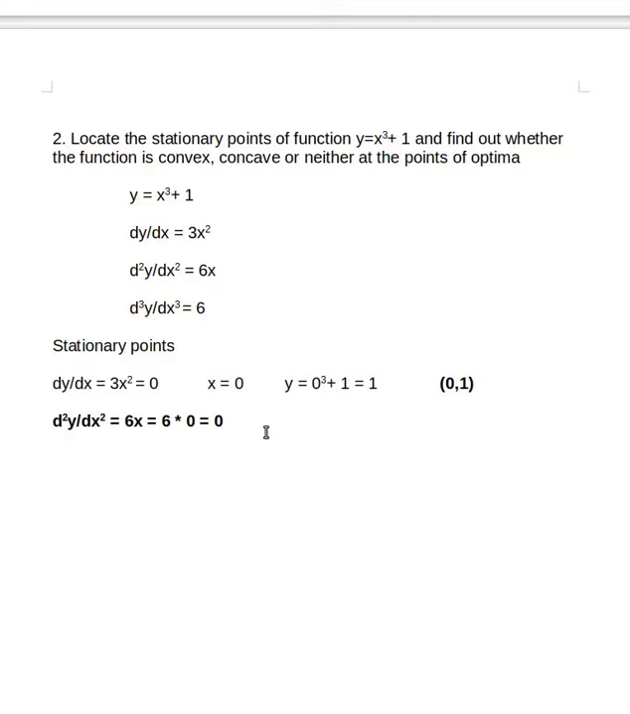So now we are going to find the third order derivative, that is d cube y by dx cube. The second order derivative is 6x, and obviously the third order derivative of 6x is 6. So here we get a non-zero value. Oh good. If it's a non-zero value, then directly we can say it is a point of inflection. So the answer to this question is neither